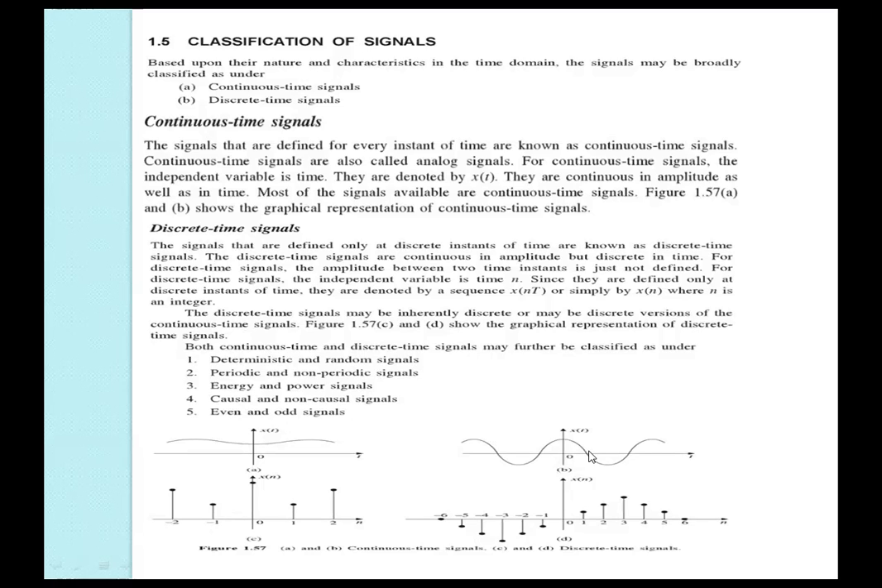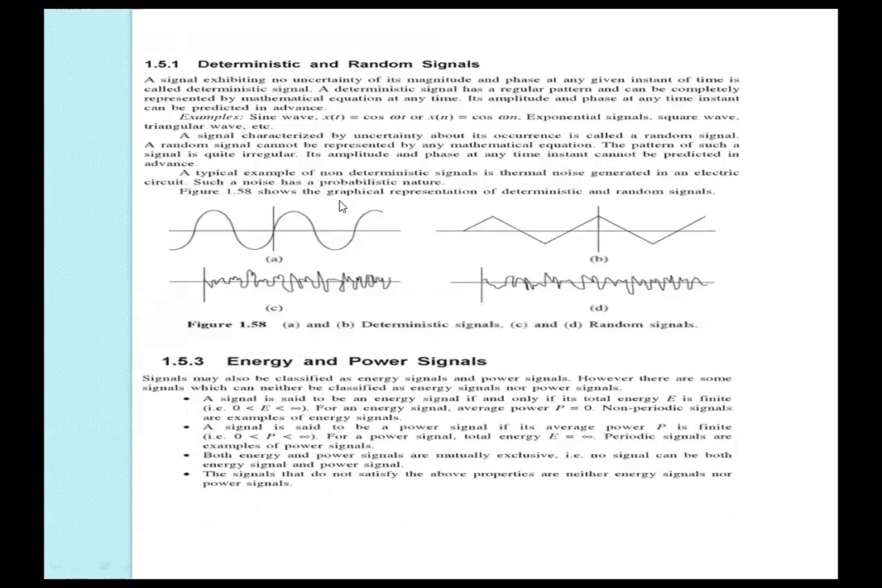Let us see the different types of continuous and discrete time signals, starting with deterministic and random signals. We already completed this, but you can see it again. A signal exhibiting no uncertainty of its magnitude and phase at any given instant of time is called deterministic. No uncertainty means a deterministic signal has a regular pattern